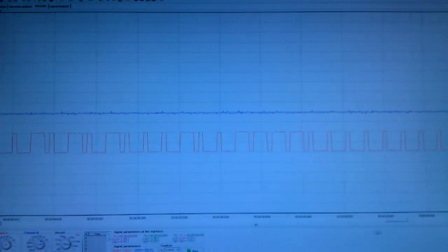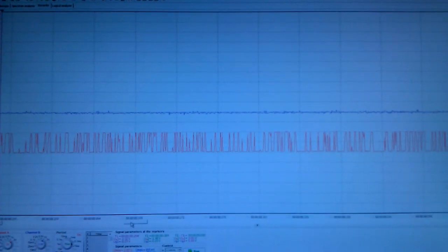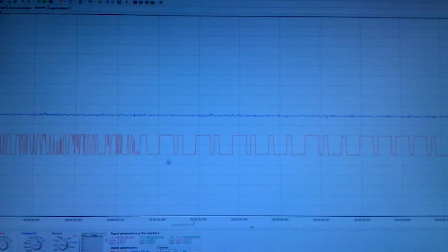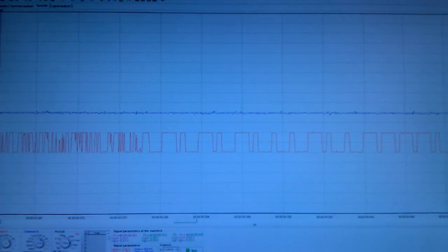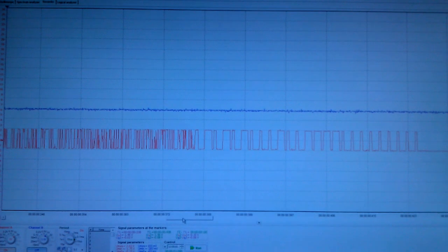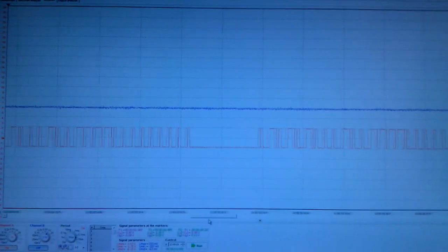So if we keep scrolling, let's see where the signal starts. Okay, this is all just random noise that the receiver is picking up. And it looks like the signal is actually starting right about here. So you see the pattern. Let me zoom out a little bit so the pattern's a little obvious. But as you can see, the pattern here keeps repeating itself. It's got the same